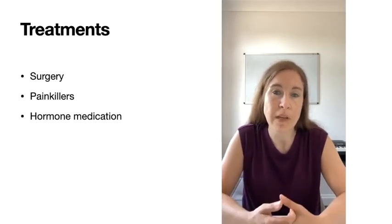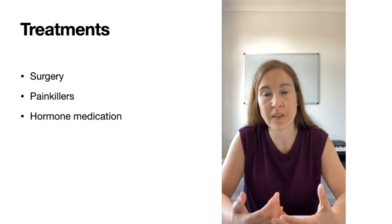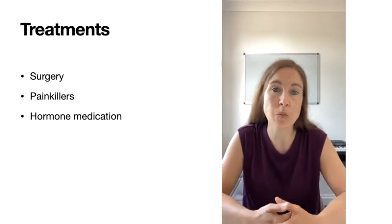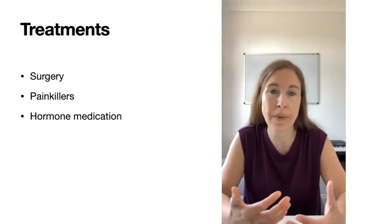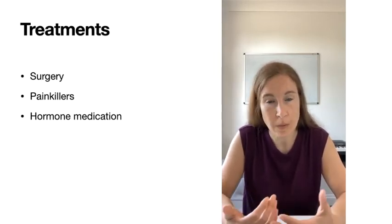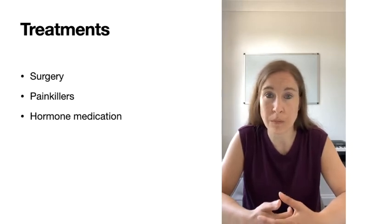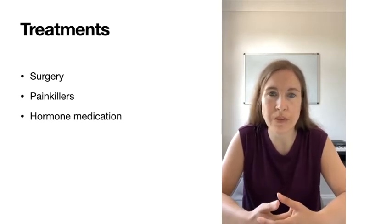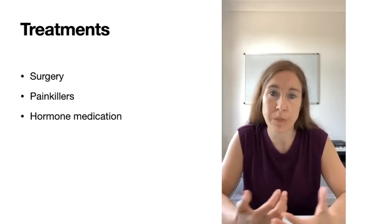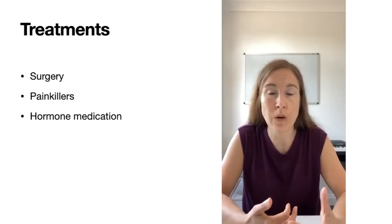The problem, obviously, with any medication is that they have side effects, and the one with NSAIDs is that they do have a strong effect on the stomach, which is why your doctor will quite often prescribe a stomach liner such as omeprazole to go alongside it. Or if not, make sure you don't take the pills on an empty stomach. Eat them. The other thing is that you shouldn't take these for too long because of the side effects,